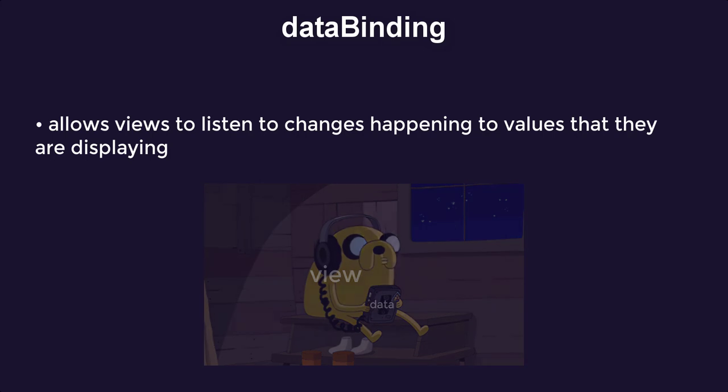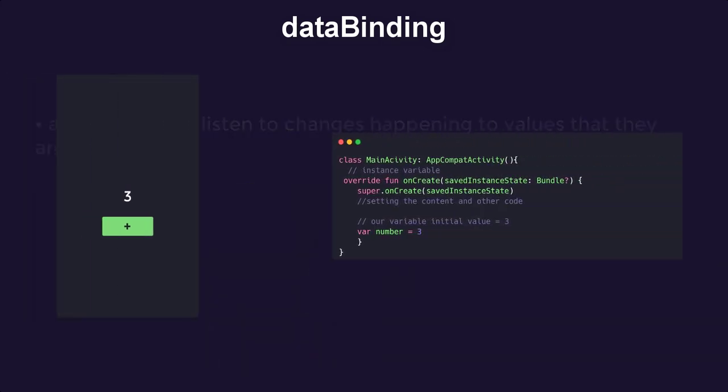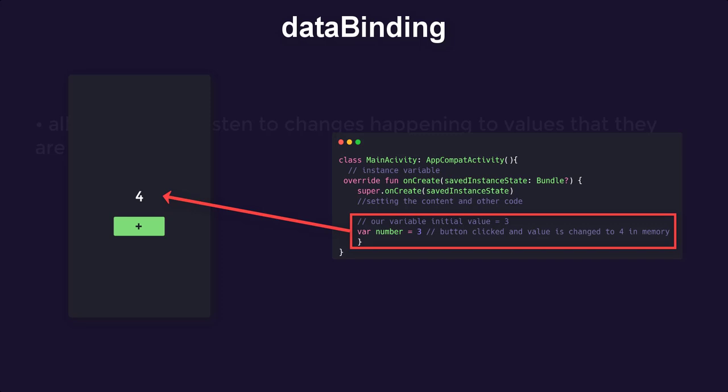So say for example, you have some variable within your class called number, and you have a view within your layout that consumes this variable and displays it to the user. Now, whenever you perform your calculations and operations on this variable, the view that is consuming this variable will change its value automatically. So whenever the value changes, it will just take the new value and display it